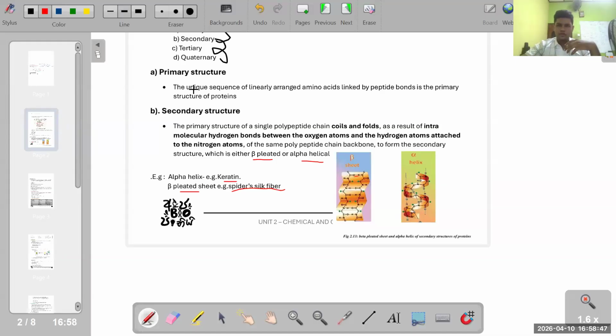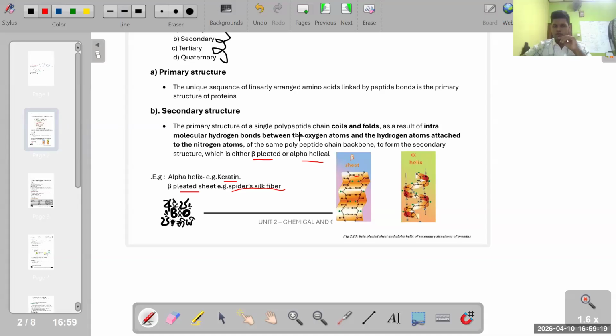Don't hesitate to ask the doubt. If you have any issues, if you can't understand anything, just ask me. I'll explain it. If you can't understand, it's not your problem, it's my problem because I haven't explained it clearly. So, do you want an explanation again? If you want, I'll explain again. No issue. I can draw the structure and explain it. Do you want an explanation again? So clear.